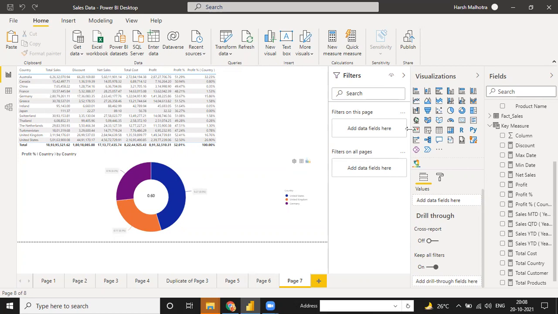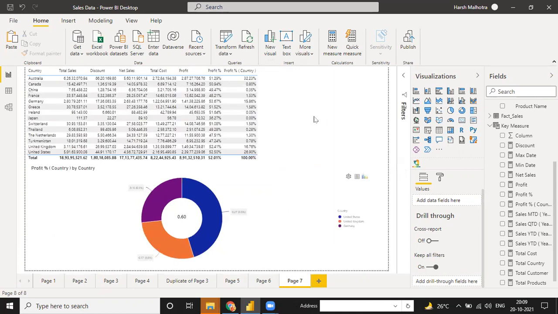Because see, yes, this is our complete project right now. This sales project is completed today. The only thing remaining is how to create a complete dashboard. This is the main thing remaining. If you tell me you are okay with that, I will tell you how to create a dashboard.